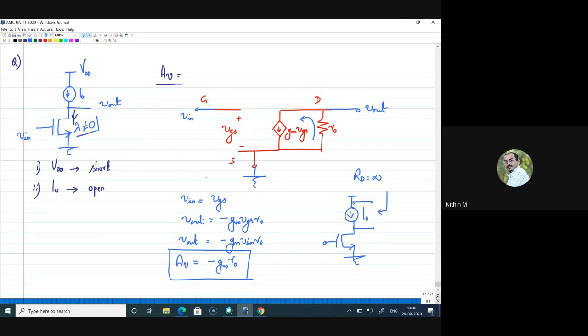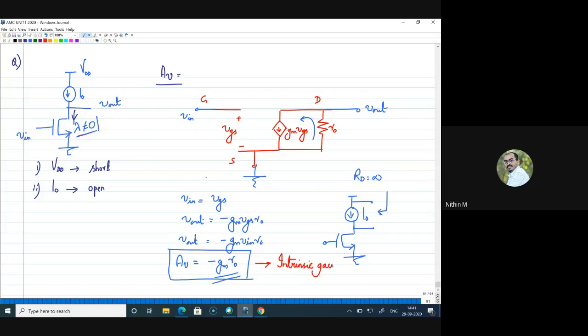This current source itself is biasing the circuit, right? Current source is providing a current of I0 and the transistor is carrying that current of I0. That means the transistor is biased properly and that huge resistance is also coming across it. But whatever may be the huge resistance which is there, the transistor is giving you a maximum gain of gm r0 only, because whatever resistance you put here is coming in parallel to r0. Now that resistance is infinity, you have minus gm into r0 as the gain.